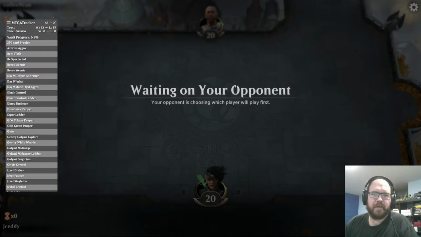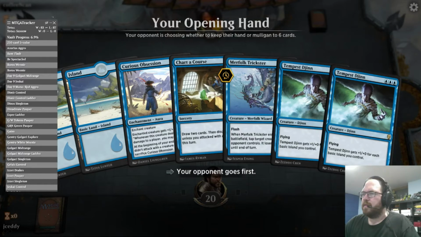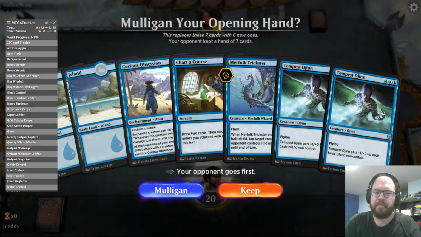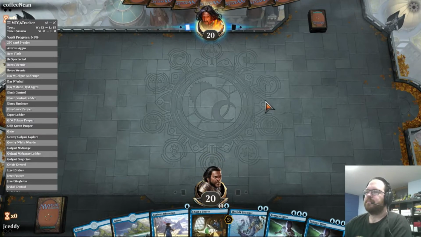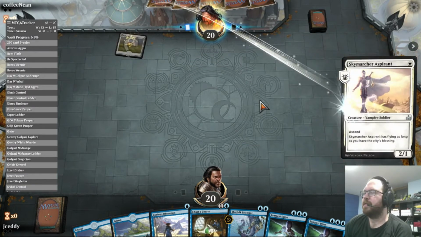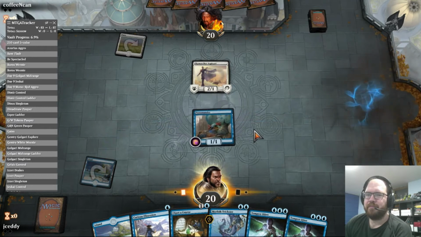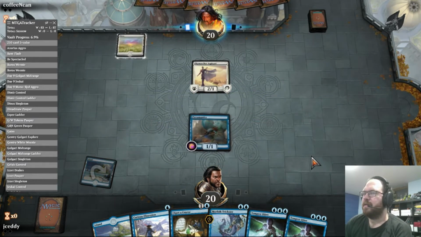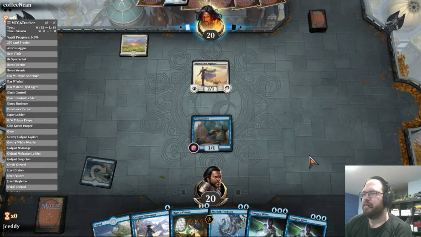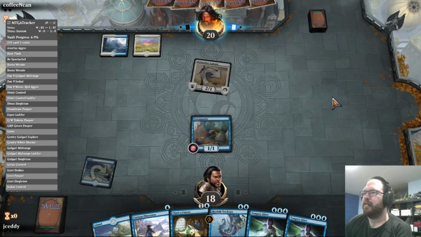We are in the game. Okay. First game in the Daily Arena Tournament number 1. Okay, he's playing mono white. Not blocking. Oh no, he's playing, okay,